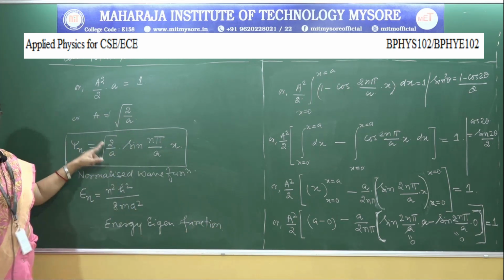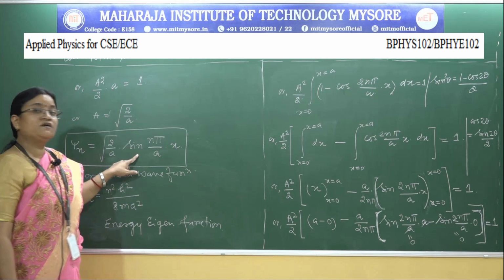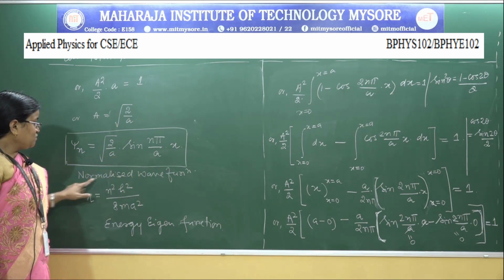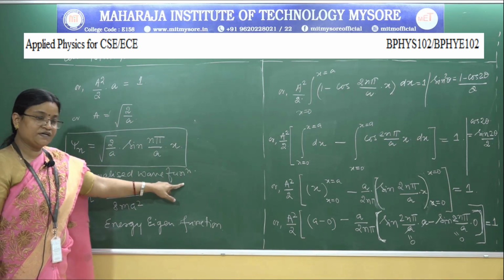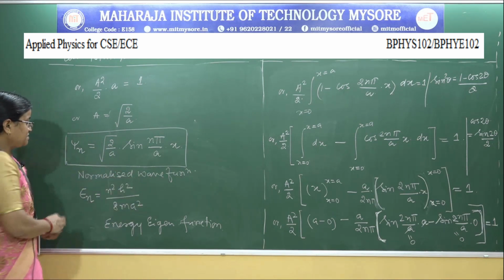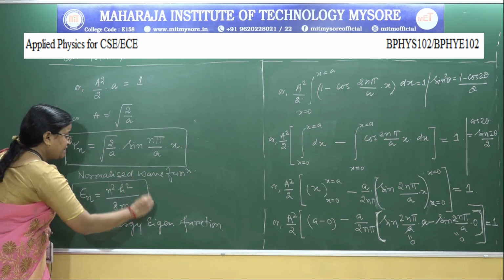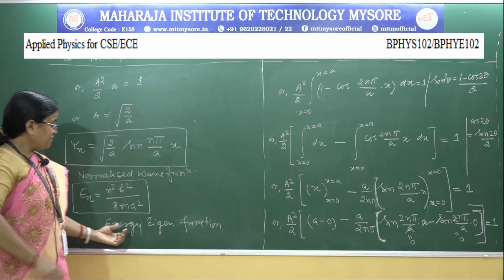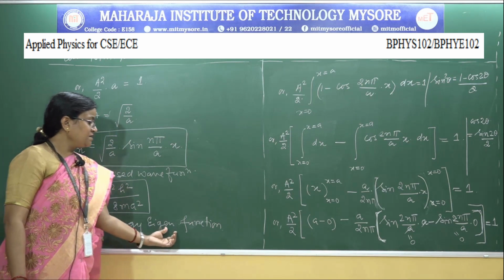Psi n is equal to root 2 by a sin of n pi by a into x. This equation is known as the normalized wave function, and En is equal to n square h square by 8 m a square. It is the equation for energy